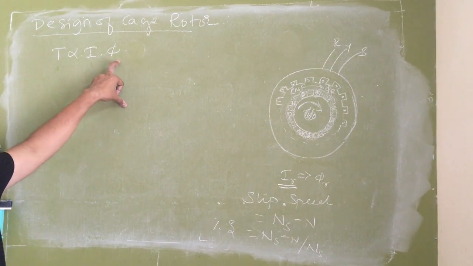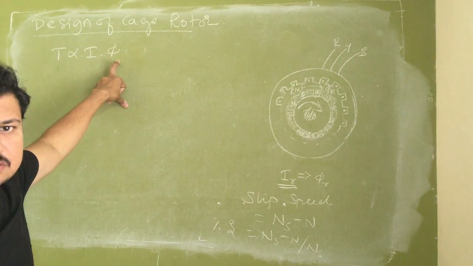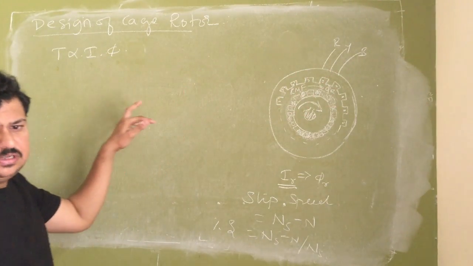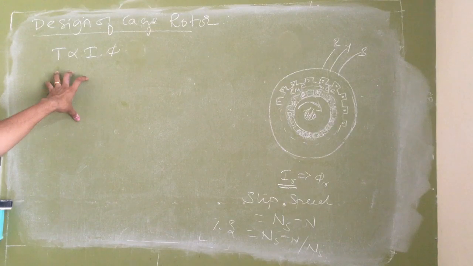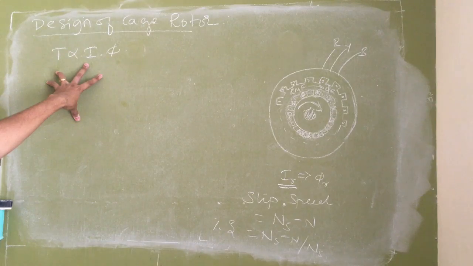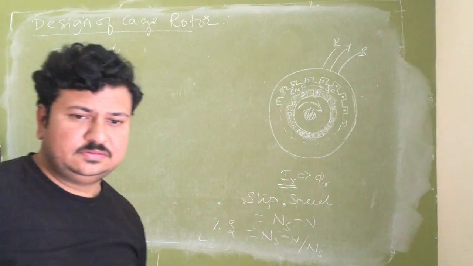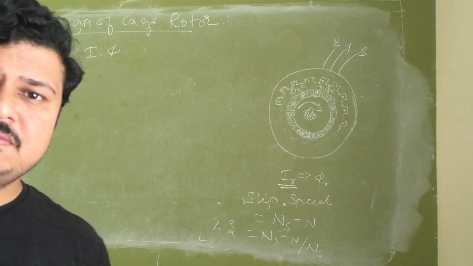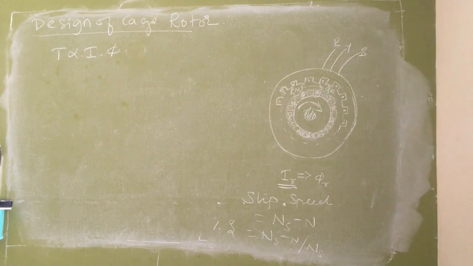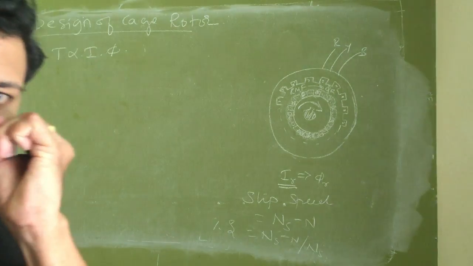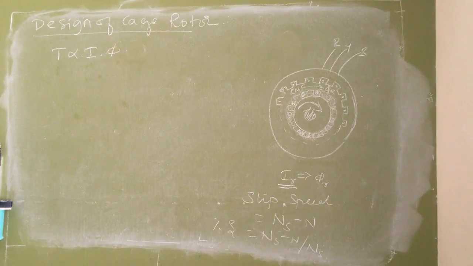So the torque produced is proportional to current. Let us take phi to be constant, because the supply voltage is constant, therefore phi r remains constant. Now the torque produced is directly proportional to current, but is current constant, or does it depend only on the load? I cannot say the current depends only on the load, because at no load also the current drawn by the induction motor is more than 50% of its full load current.